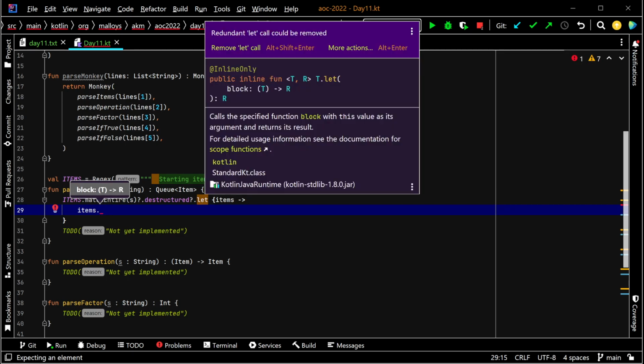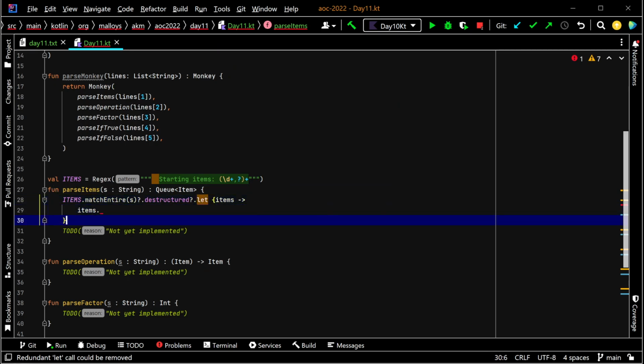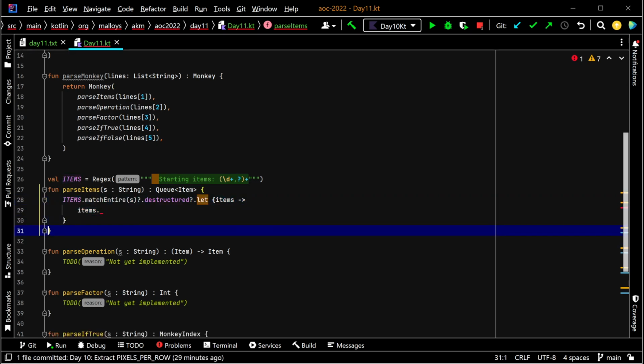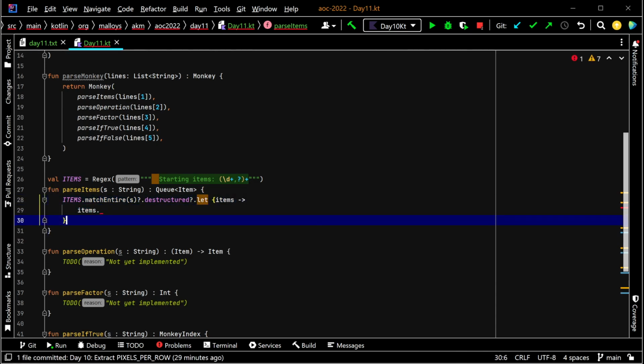What are you upset about here? Redundant let call could be removed. Okay, you don't even know how to do it. I'm just not done. Give me a break. Oh, because it thinks I'm doing this for side effects because there's a to-do here. Yeah, now it doesn't think it's redundant, or I'm just not finished. I don't know. Anyway,